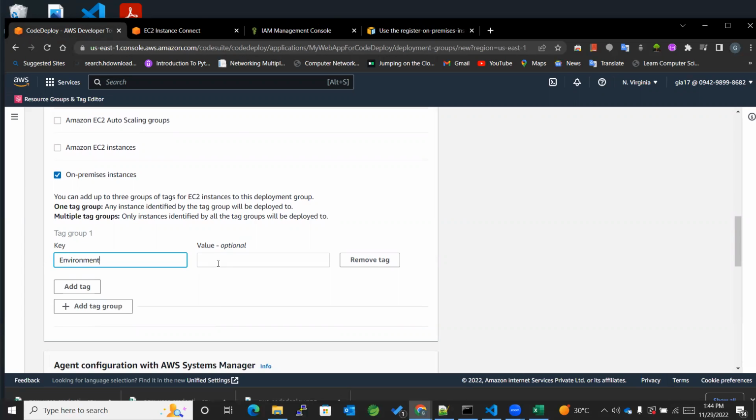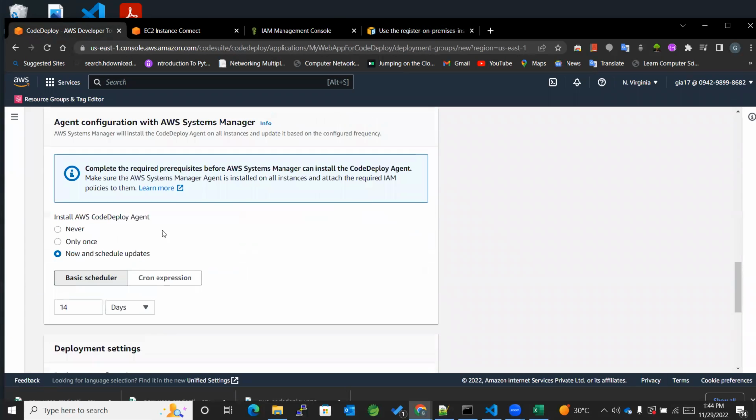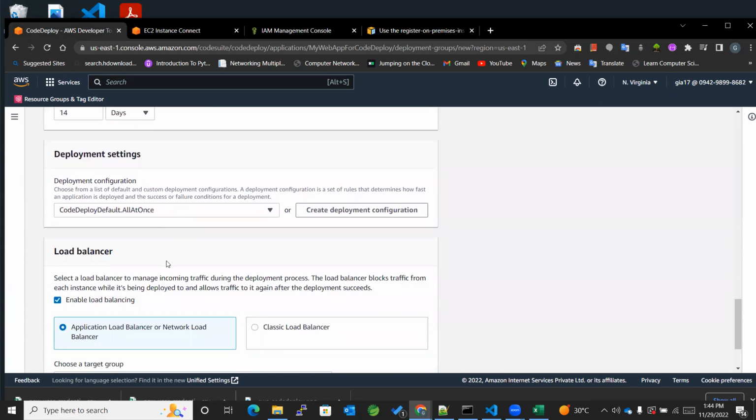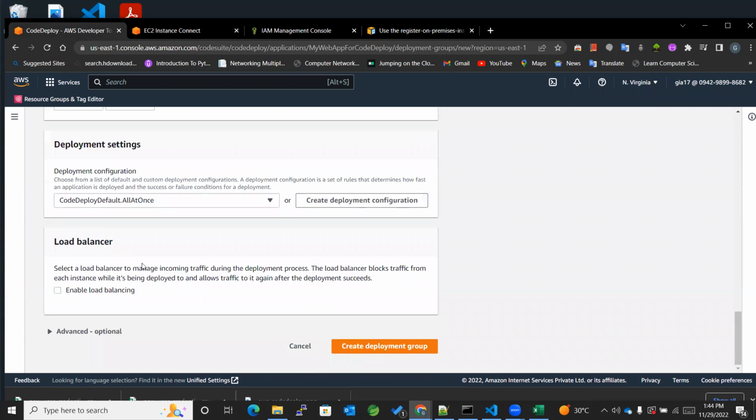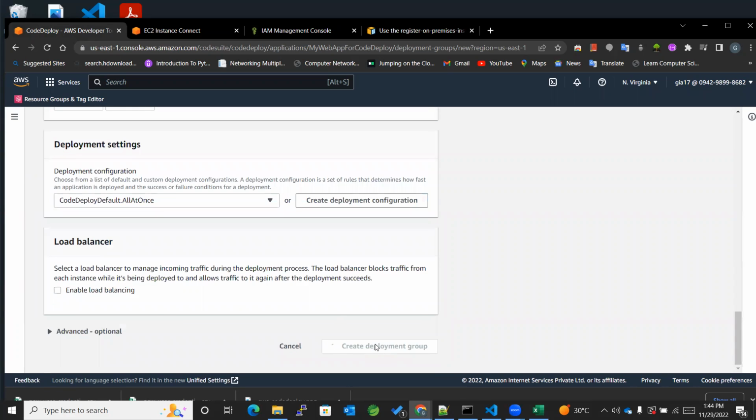where we'll be entering the environment to be development. Okay, install. Do we need nodes? We won't be making use of a load balancer. Create deployment group,